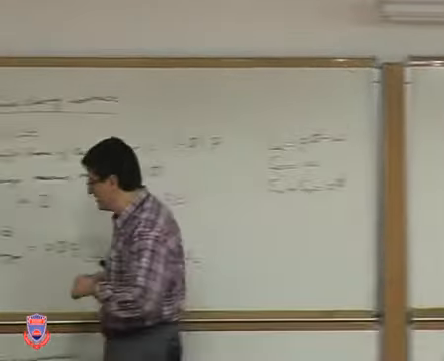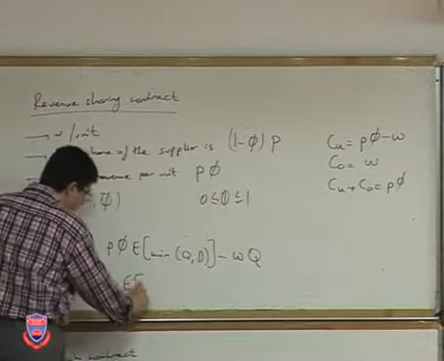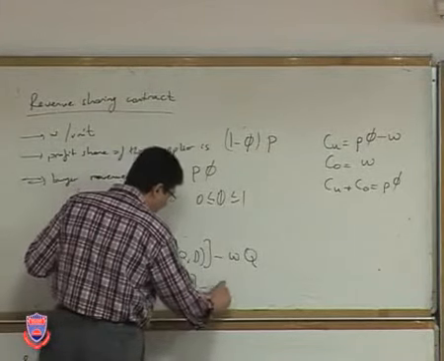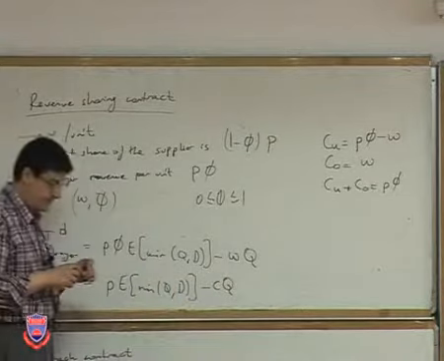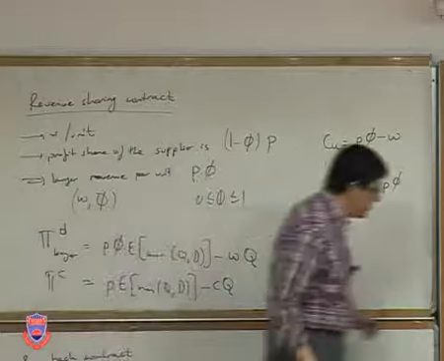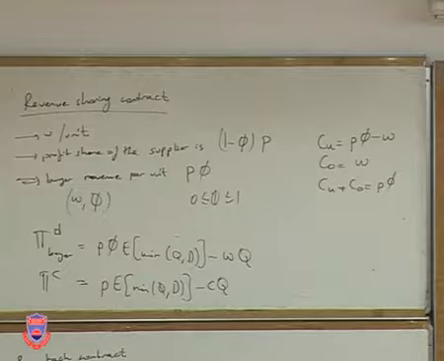Now, what was the centralized, if you recall? Pi C, we had P times the expected minimum of Q and D, minus CQ. Okay, can you see what's going on here again? So what I will do is I am going to multiply